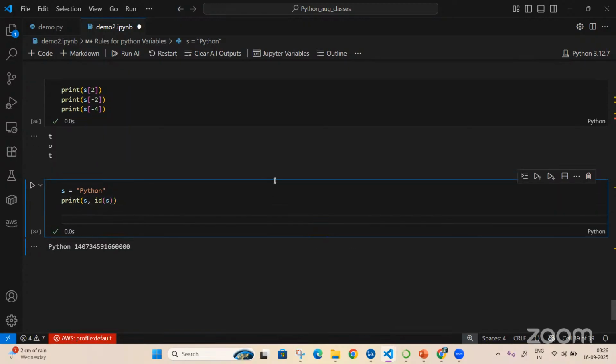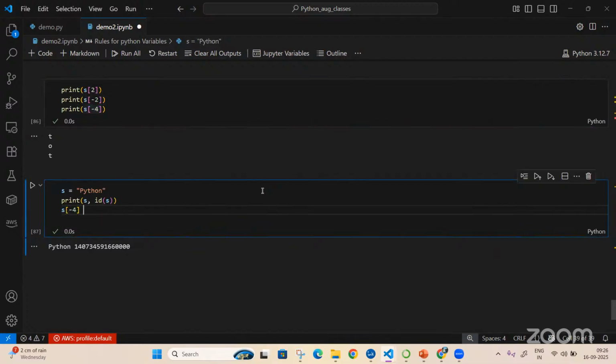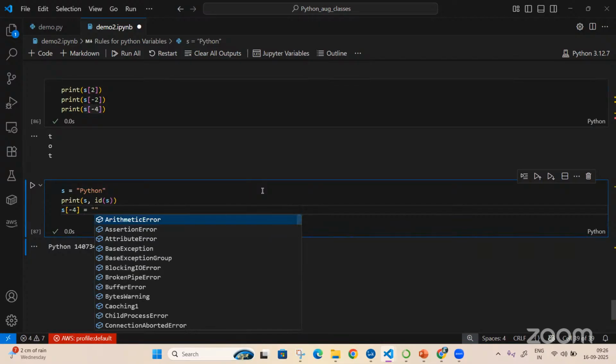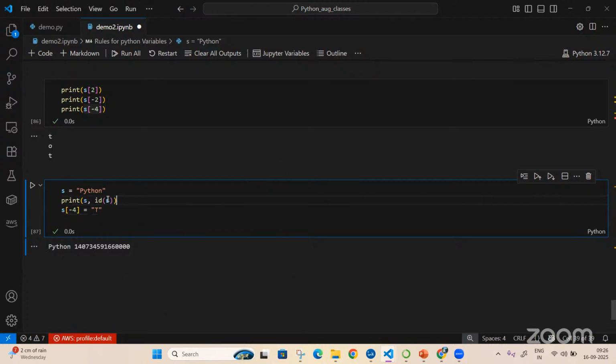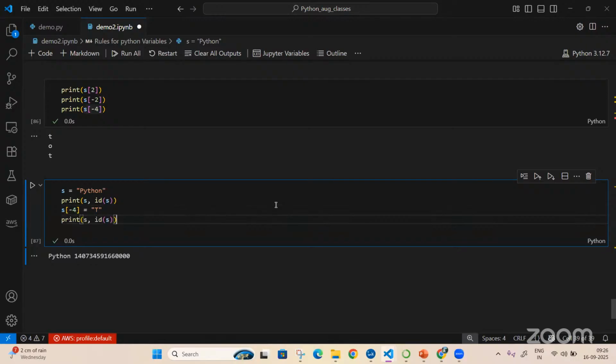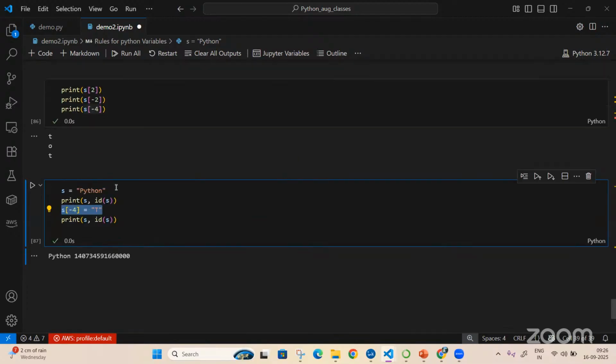I'll put something here and print again. What am I doing here? Replacing the -4 place with a new capital T. If I do this, will it be the same ID? No.